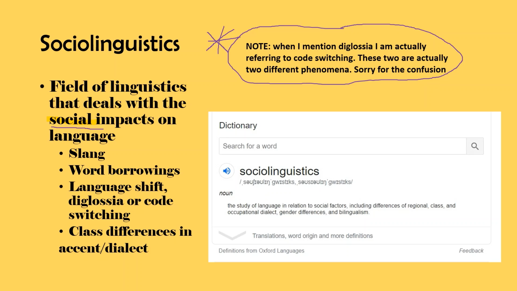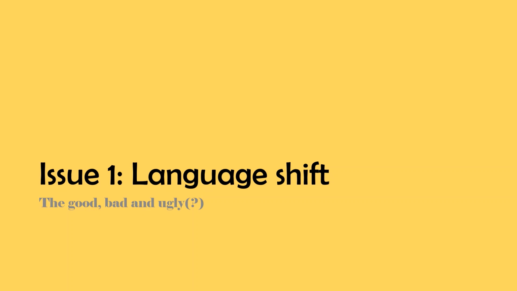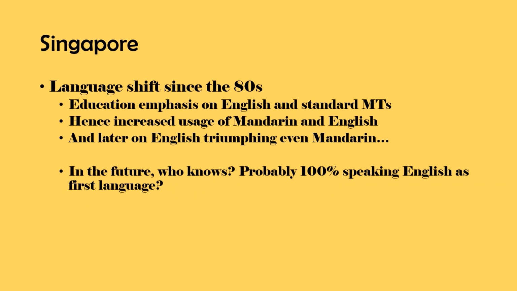Okay, so the first issue is about language shift, the good, bad, and ugly. What this is referring to is shifting from speaking one language primarily to speaking another language primarily. So if we look at, it's raining. Okay, never mind. If we look at Singapore, there's been a shift towards English since the 1980s, I think, because